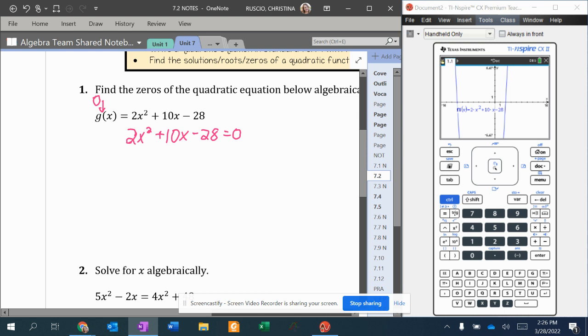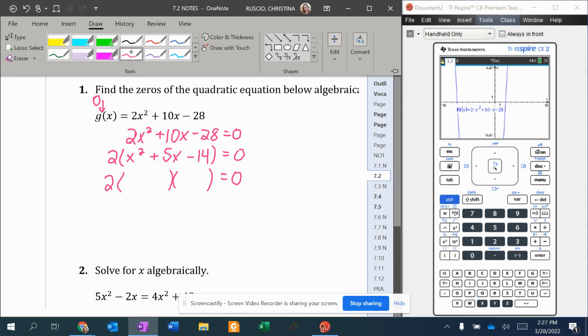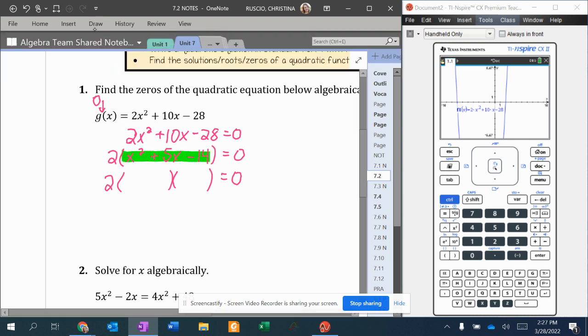make that 0. Then I'm noticing that there is a greatest common factor of 2. You got it. So we're going to factor out a 2. If I do that, I'm left with x squared plus 5x minus 14. Now, this is where the box comes into play. Some of you might say, I don't need the box anymore. I'm going to step away from it, but if you want to show the box off to the side to factor this piece right here, there is nothing stopping you from doing that. But when I factor in my brain, I'm trying to find two numbers that multiply to negative 14 but add to 5. That's negative